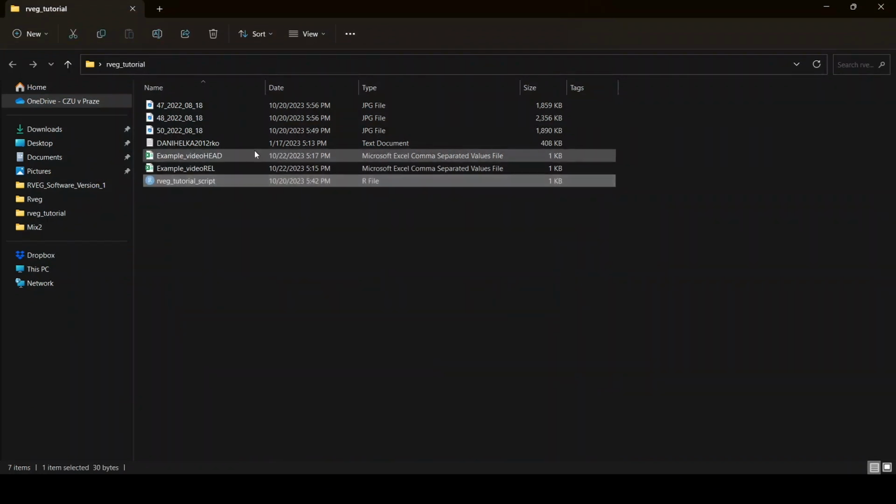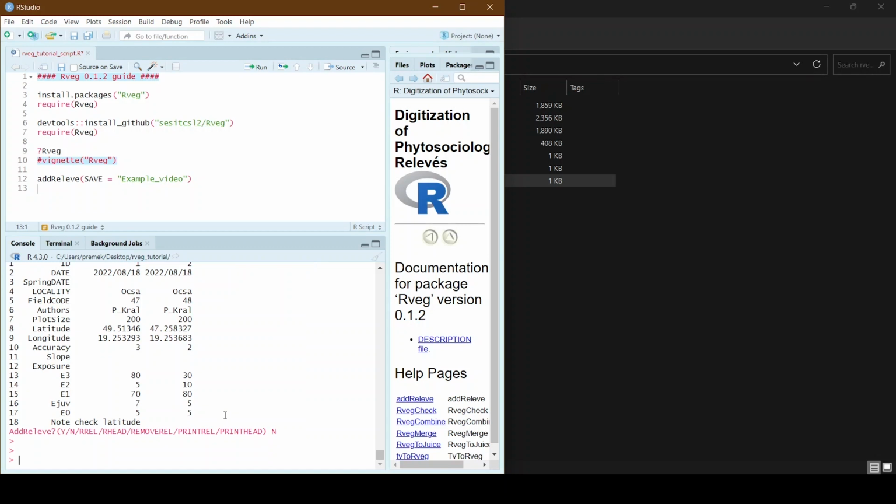And now we can simulate the situation. For example, you are writing a lot of relevés and you want to take a break and write more relevés later. In that case, to keep editing the database, we would need to run the command add relevé again.